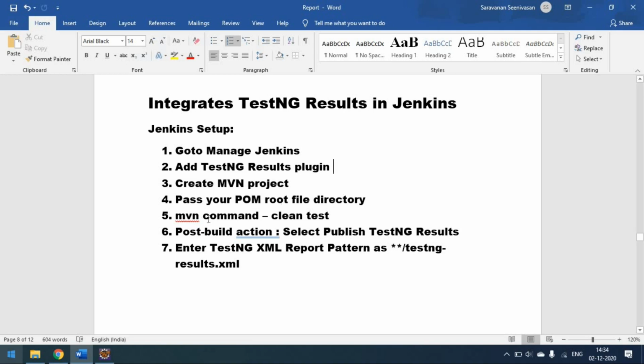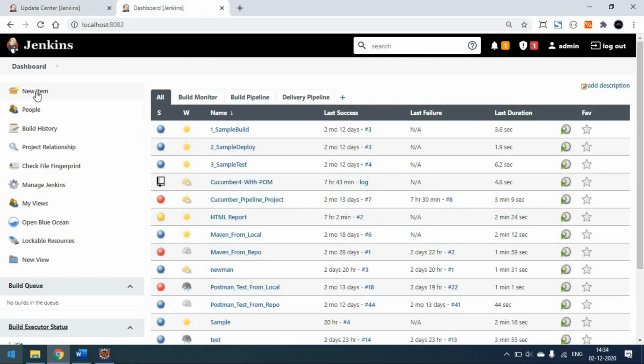Once you pass that, we have to pass the Maven command like mvn clean test, mvn clean verify, or mvn test. After that there is a section called Post-build Actions. Once you install this plugin, you can see the Publish TestNG Results option in the drop-down in the post-build actions in Jenkins. There you have to do some setup, passing the XML file path of the particular folder so the report can be generated. Quickly, we'll come to Jenkins and create a new project.